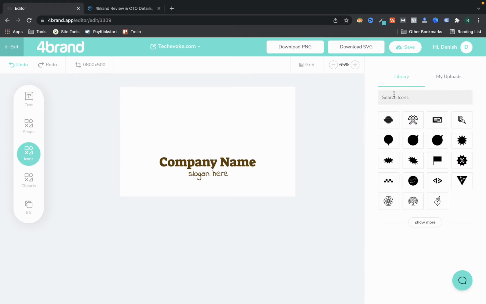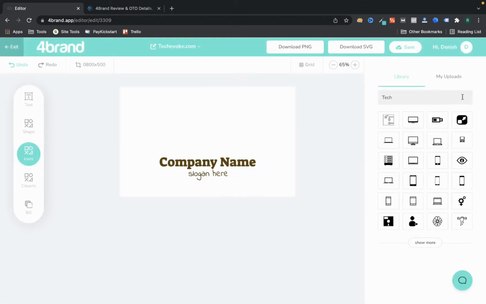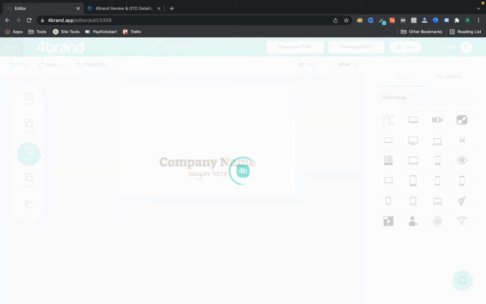I'm going to show you how you can use these shapes also. For example, I want to use some kind of techie logo, so I'm just going to search for tech. There are many icons, and I can also add technology, for example, to get more logos.